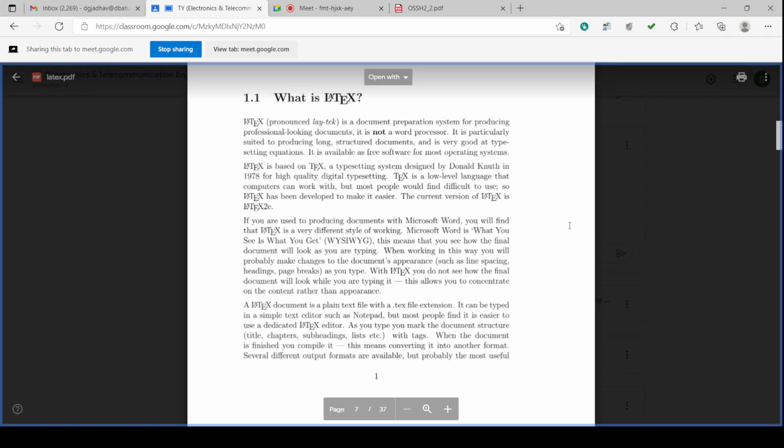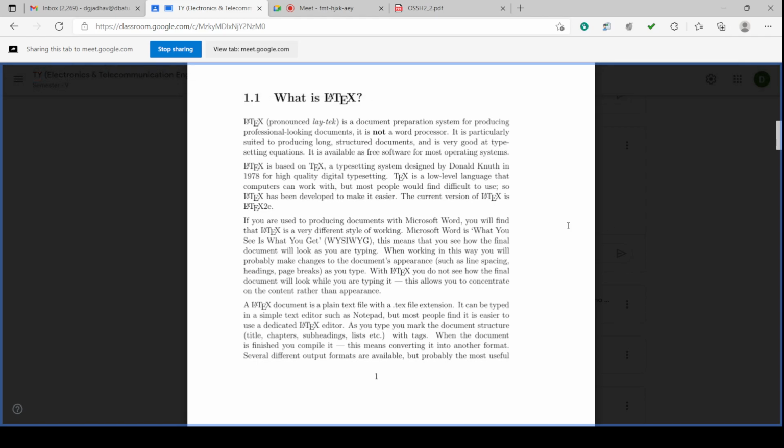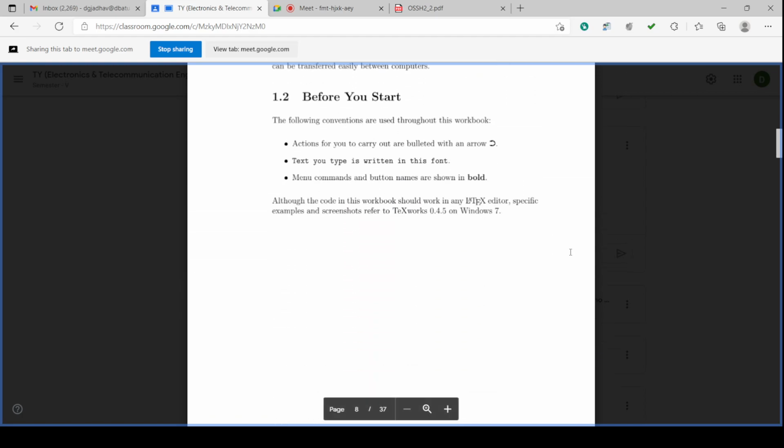Okay. So this is just like Microsoft Word. You will find LaTeX has a very different style of working. It is very sophisticated, and it is what you see is what you get. WYSIWYG. Okay. So before we start, we should know these